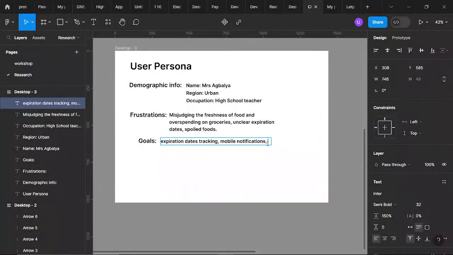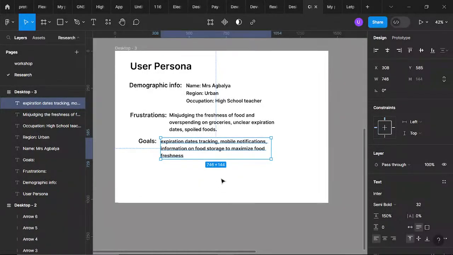On food storage. To maximize food freshness. So, these are the goals.